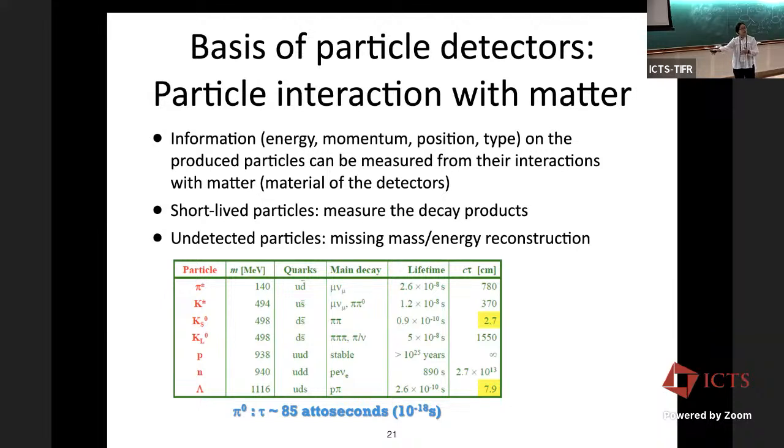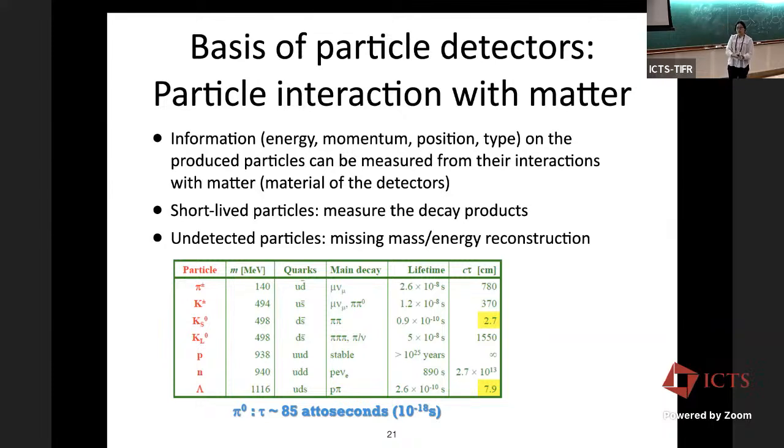with the material there. For the long-lived particles with lifetime larger than about 10 to the minus 10 or 10 to the minus 12 seconds, you can actually do this. But there are not many of those particles. The short-lived particles will decay very quickly. For example, pi 0 will decay to 2 photons. Its lifetime is 10 to the minus 18 seconds, for example. But you can still measure this from measuring the decay products. If you measure the 2 decay photons from the pi 0 and reconstruct the invariant mass of it, then you can identify the pion.